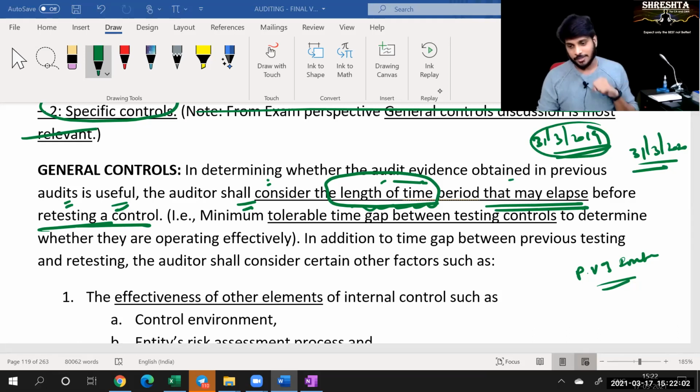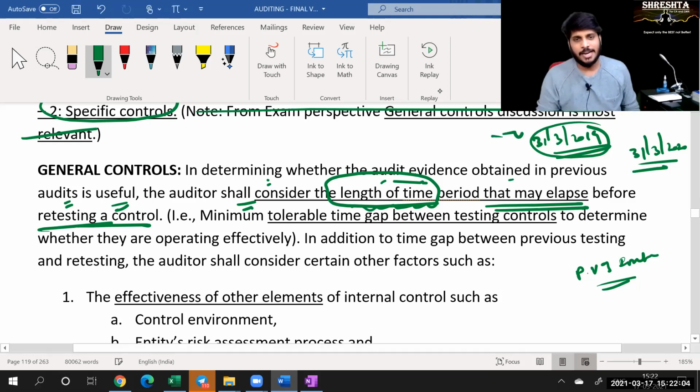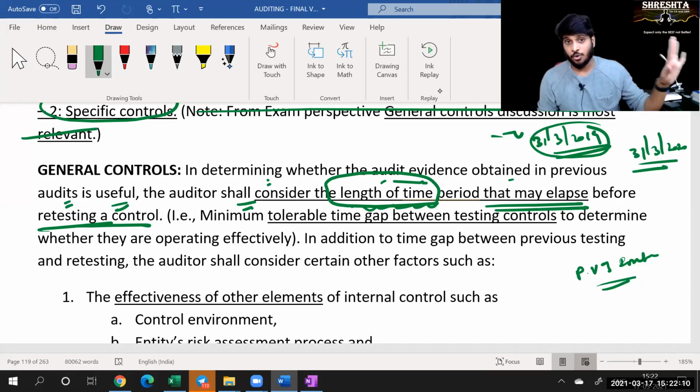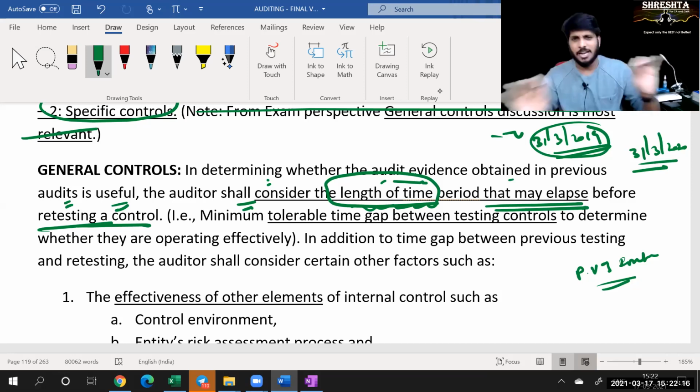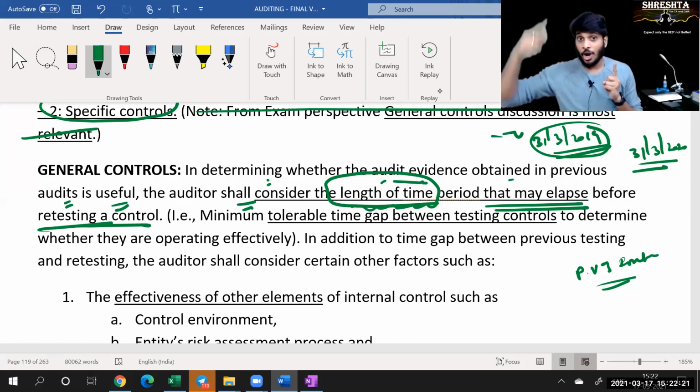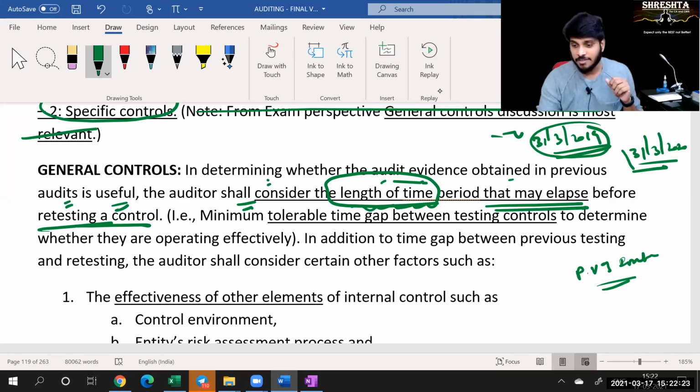Very good. Excellent. 31st March 2019, when I'm verifying this inventory physically, I know that inventory physical verification helps me to value closing stock. Next time, maybe monthly once I'll verify, or 2 months, 3 months, 4 months once. But there is a tolerable limit, beyond which you can't postpone. That date is 31st March 2020.